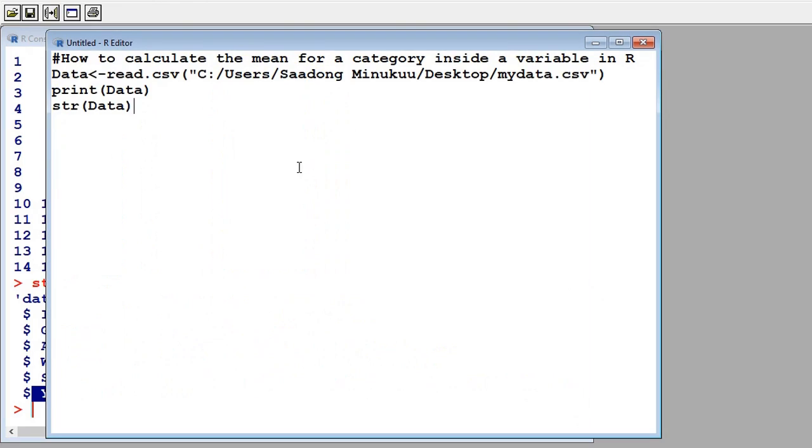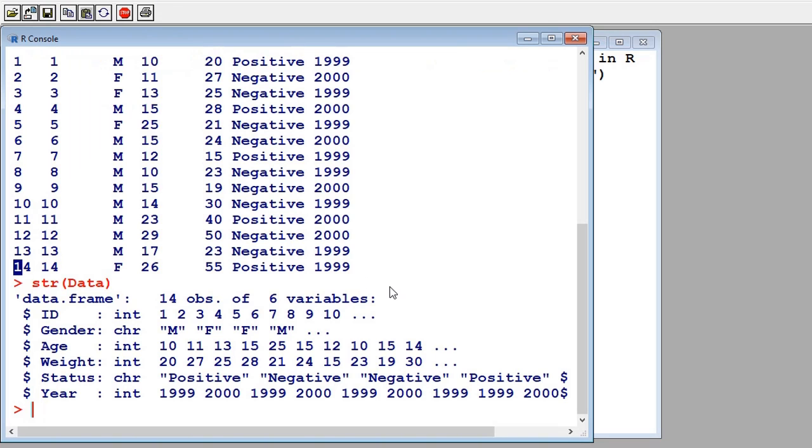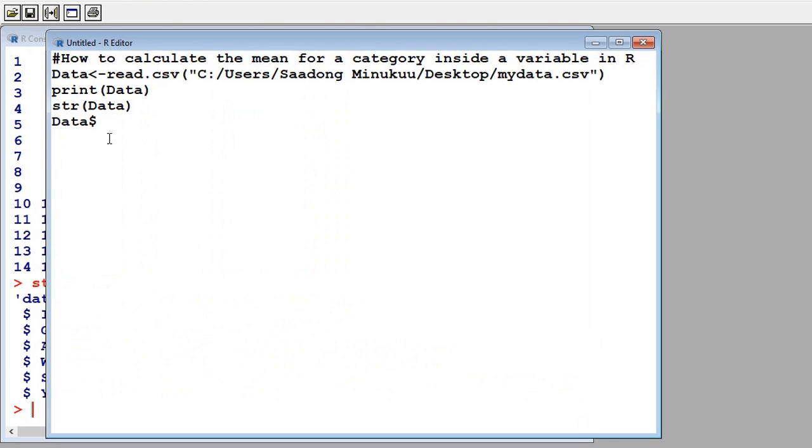Let me show you how. You simply say data, which is the name of our data set. The object that we use to name our data set is data with capital D. Then use the $ sign to select the variable that you want to convert. So we're interested in converting which variable? Year. Okay, so we are using the $ sign to select year within our data set. So year, then we say it's equal to,